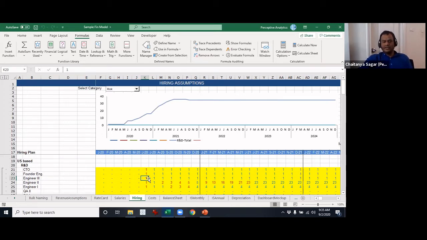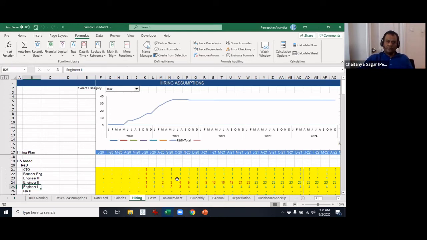If you look at it, the nature of employment is that if you hire someone, then that individual is going to stay on until that person separates from that particular company. This is the nature of employment, correct? So this is trying to achieve that, and there are actually two things it's doing. One is, once you have hired an individual, you have to keep that person on until, let's say, the end of the model. For example, there is an engineer 3, engineer 2, etc. These people are being hired and they will stay on with the company.